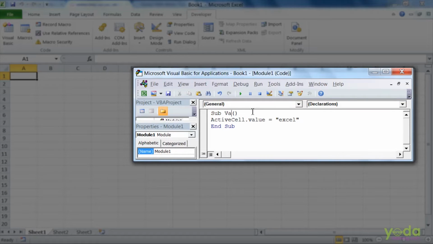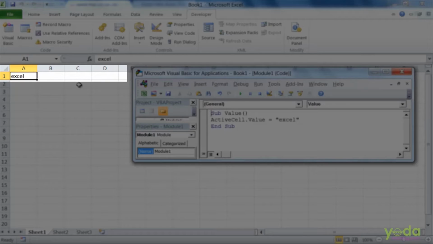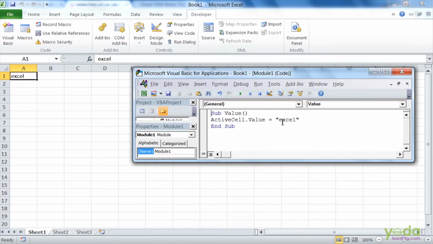So here I will give the earlier name, that was Value. Once I run this and execute the code, it will give me the result here as the ActiveCell.Value, which will contain the word Excel.